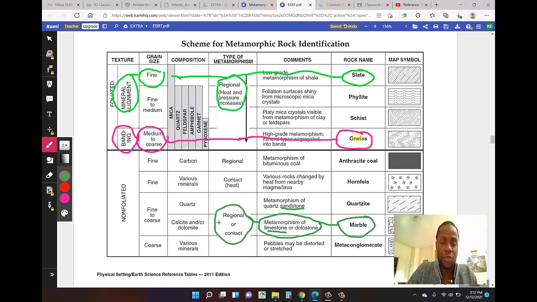All right, then for marble, the original rock was limestone, and limestone metamorphosed to form marble, and then it undergoes regional or contact metamorphism, and it's mainly made up of calcite, and its grain size is fine to coarse, and you will not find any mineral lineation, which means when you look at it, you don't find any lines of minerals in it. And pretty much that's how you would use this ESRT page 7